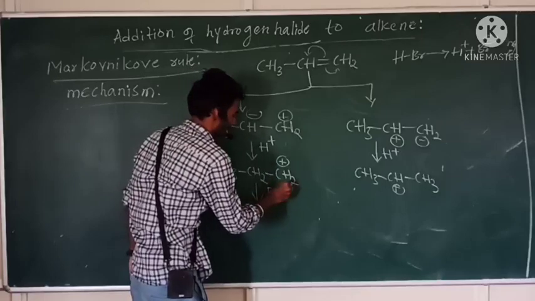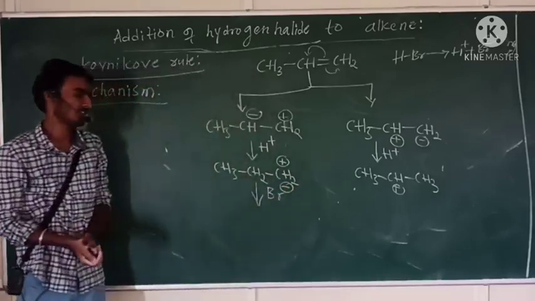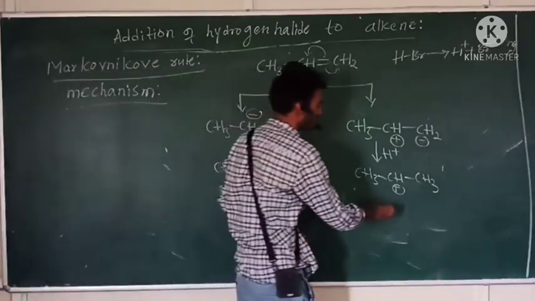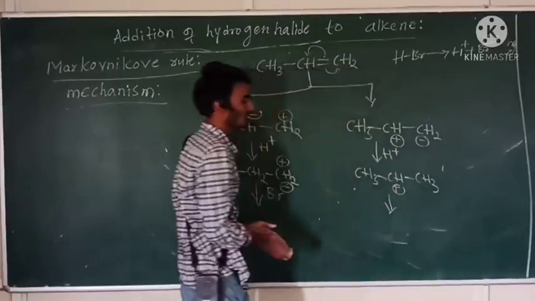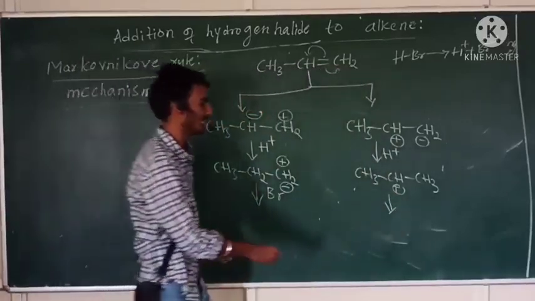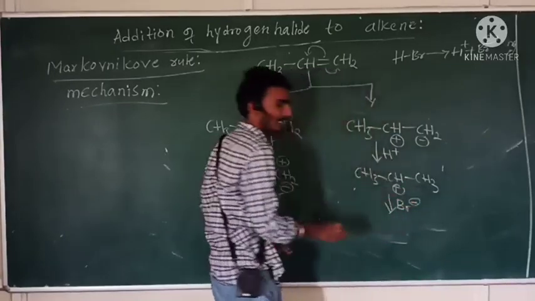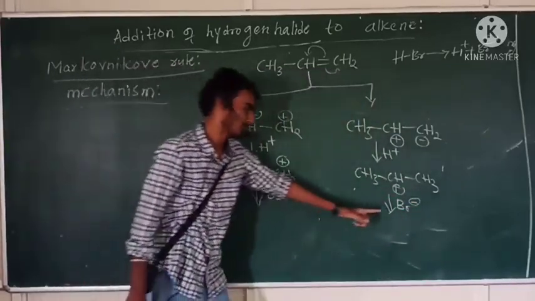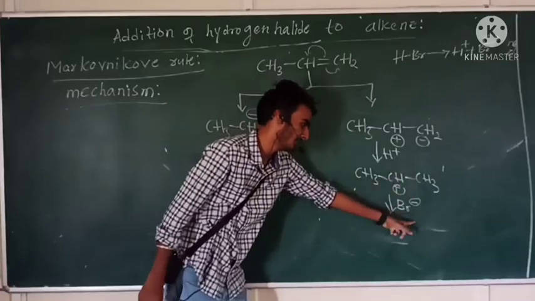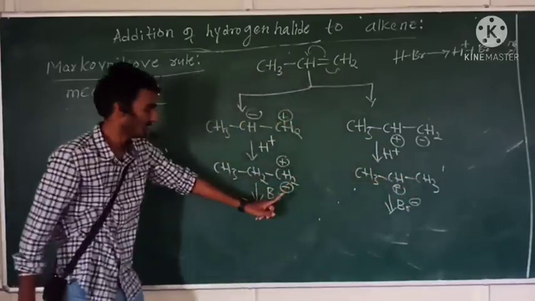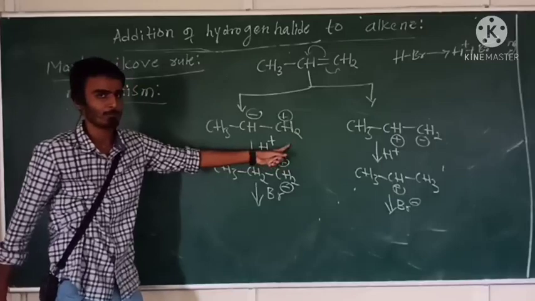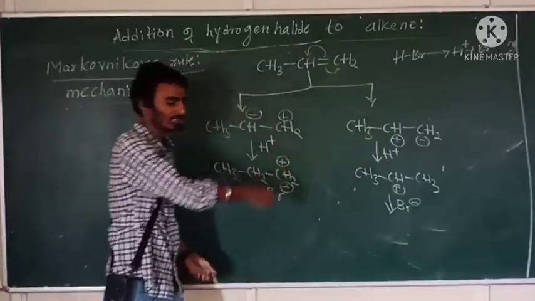So on the basis of the hyperconjugation effect, to decide which is the major product, we say the side having the more stable carbocation is where the negative part is added, and that will be taken as the major product. The other will be taken as the minor product because of the stability of the carbocation.